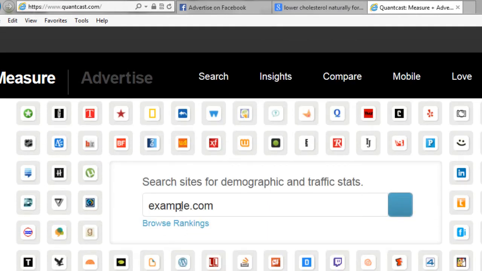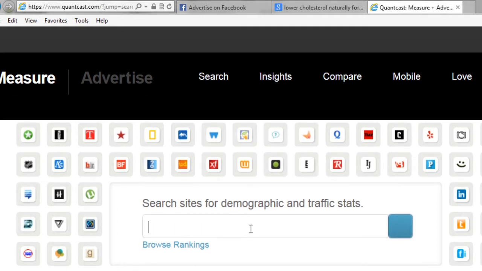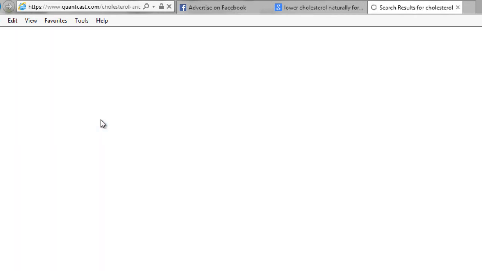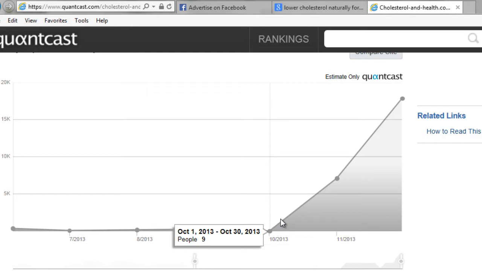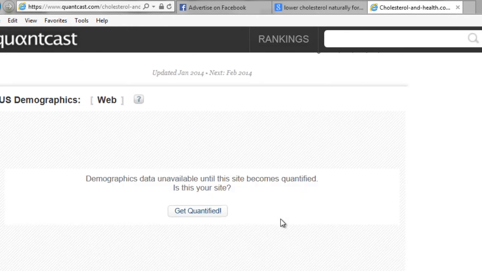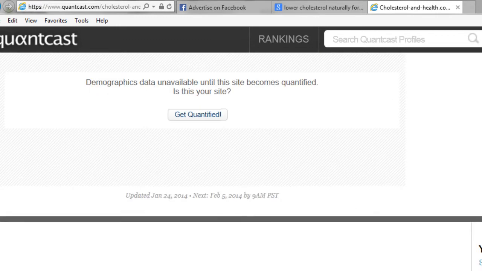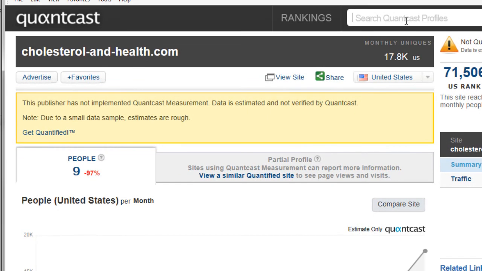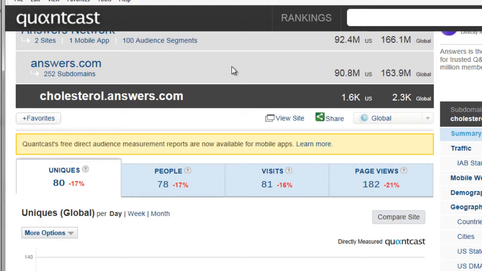So let's go ahead and search for sites. So we can click on search here, and let's type in cholesterol. So cholesterol and health, cholesterol and answers. Let's go ahead and click on this here and take a look. Now, some of them don't necessarily have the data. So if that's the case, we're going to have to look at another site. Okay, so